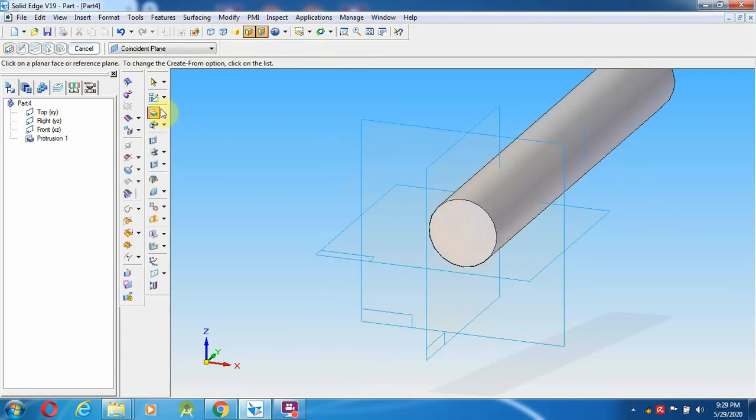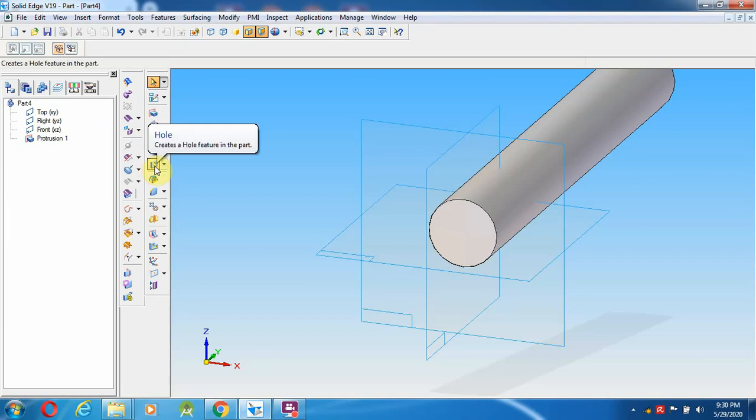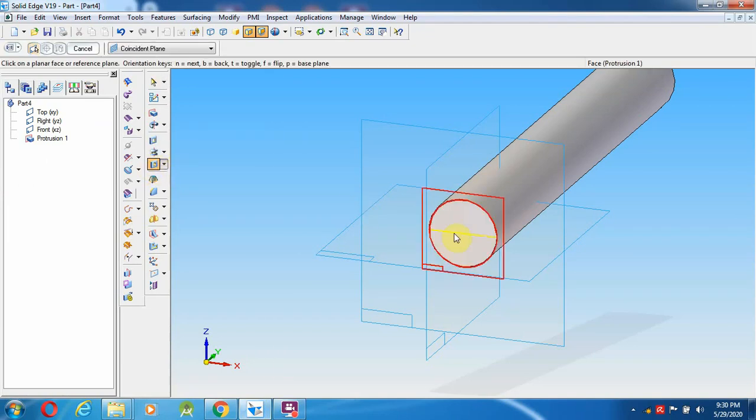After this, I am going to make the tapered hole. For the tapered hole, the major diameter is given as 20 mm, and the minimum diameter is not given. Instead they provide the taper size 1:20. This is how we can draw it. Go to the hole option and select one end.